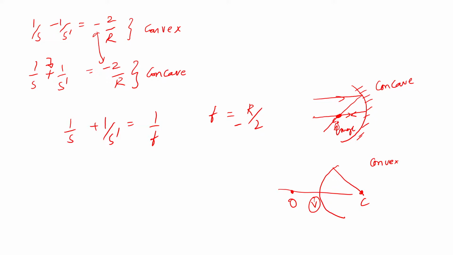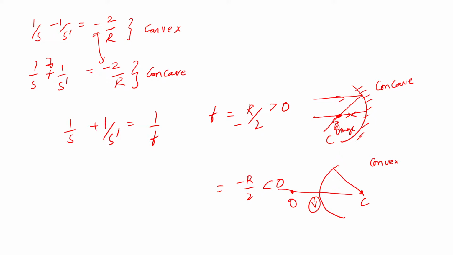And this would be greater than 0 if I have a concave mirror, because for a concave mirror, the center is onto the left side. So the radius of curvature would be written as a negative number. So for a concave mirror, this would be greater than 0. Whereas for a convex mirror, this would be less than 0 because the center of curvature is to the right, right? So please pay attention to these